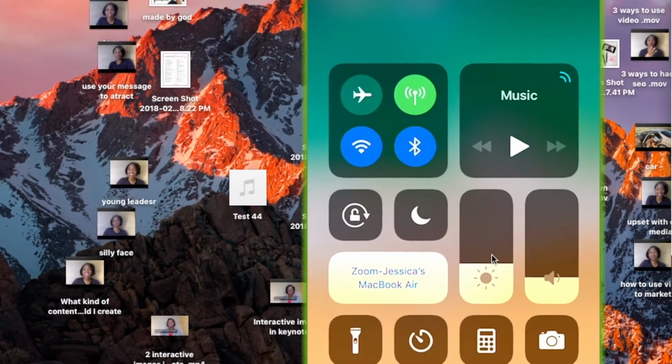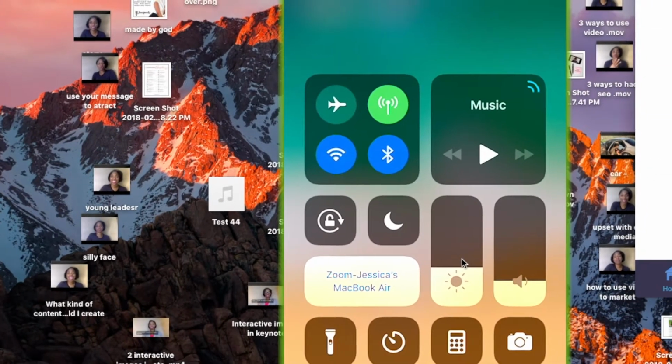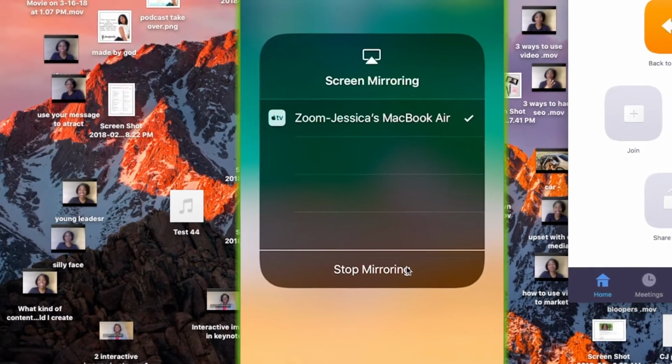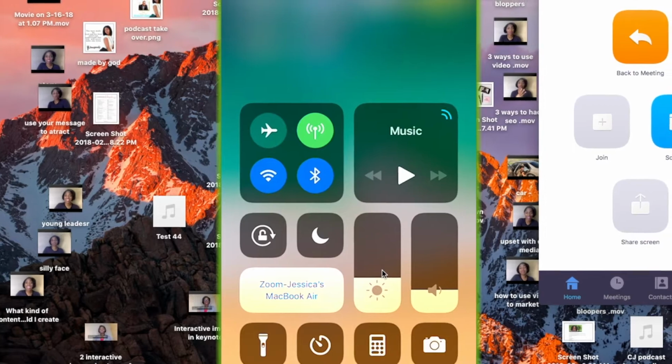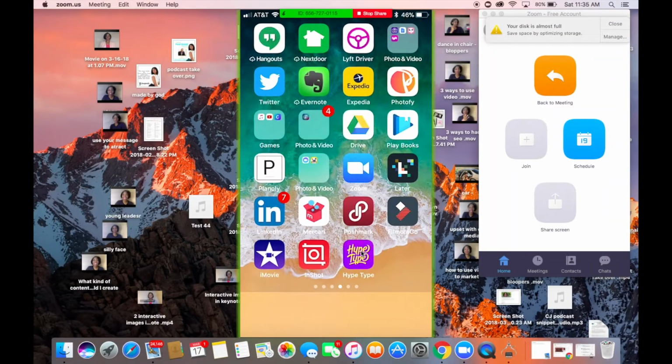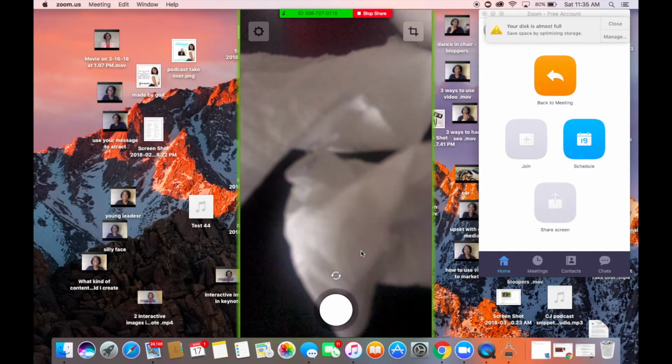What we're going to do is swipe up on our phone and make sure that we're connected by clicking on our connect button. As you can see here, it's already connected and it says Zoom to my MacBook, right? And we're all set and ready to go. So now what we want to do is record some content. Let's say I'm going to utilize my app here and show someone how to utilize my